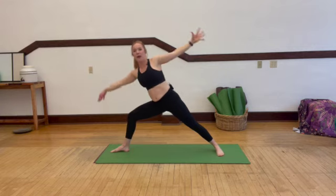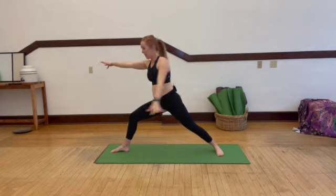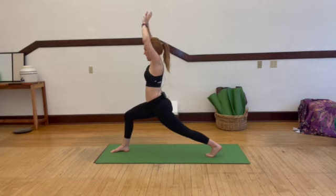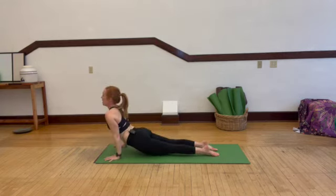Good. And then back into warrior two. Good. Hold your breath here. Big breath in and out. We're going to pop that back heel, come back into a high crescent, hands to the mat, plank pose, chaturanga, up dog,